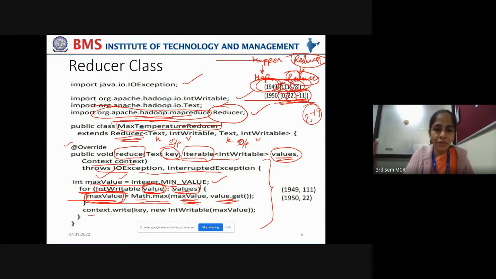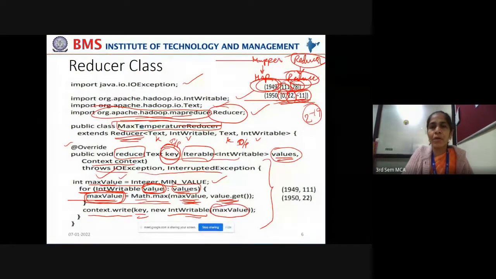For that, you're taking the context object, using the write method, and taking the key. What is the key that is passed to the reduce phase? The year in which the air temperature is recorded. And you are creating a new instance of IntWritable to take the maximum value also.